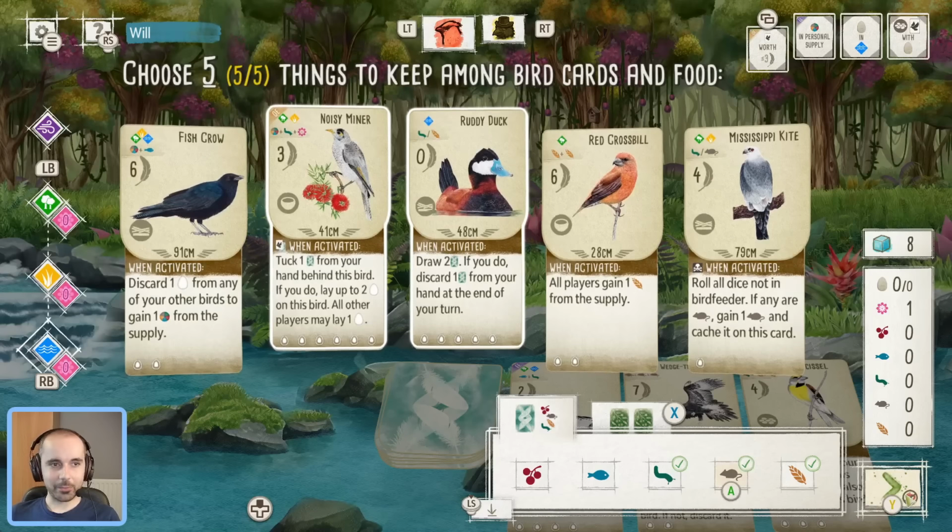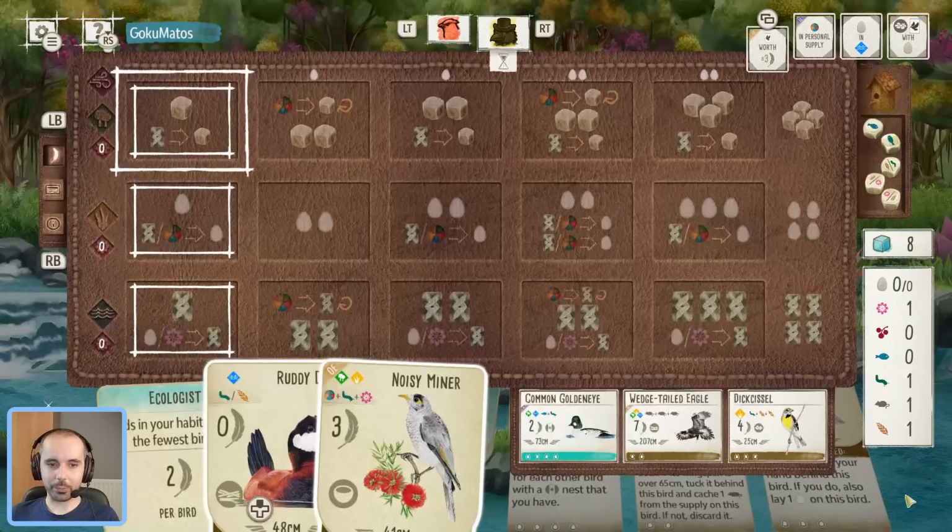Do I go Fish Crow in the grasses, Noisy Miner in the forest? I was kind of looking at the tray as well and thinking maybe something like that Wedge-tailed Eagle could be a good pickup. But you'll see we have gone for the Noisy Miner here, so definitely going to be looking at going in the forest here, but I think probably first priority early in this game is just going to be play the Ruddy Duck, do some digging, draw lots of cards,